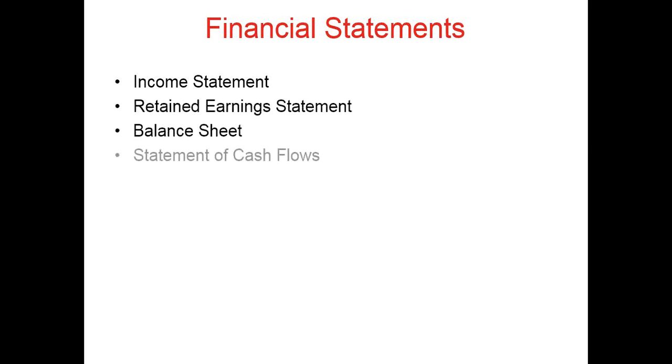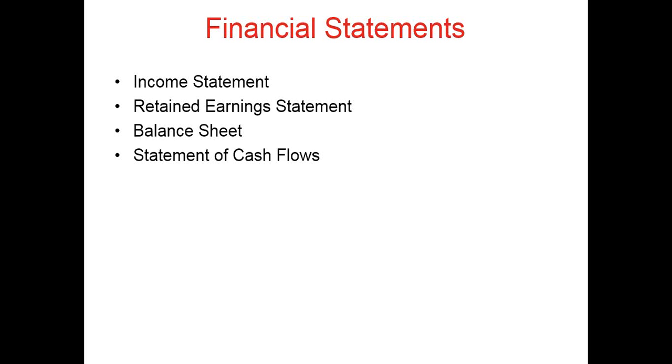Stockholders' equity, owner's equity. How to explain that? Have you ever talked about or heard someone say, I have this much equity in my house? Equity is the difference between what is owned and what is owed. So if I own my house and it's worth $100,000 and my loan, my mortgage, is for $50,000, I have $50,000 in equity. It's kind of similar to a business.